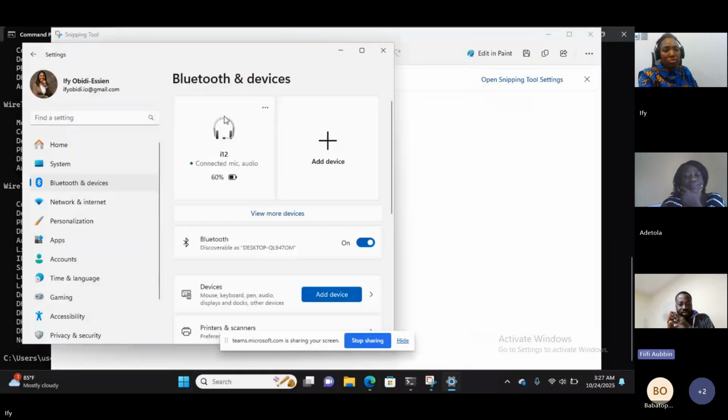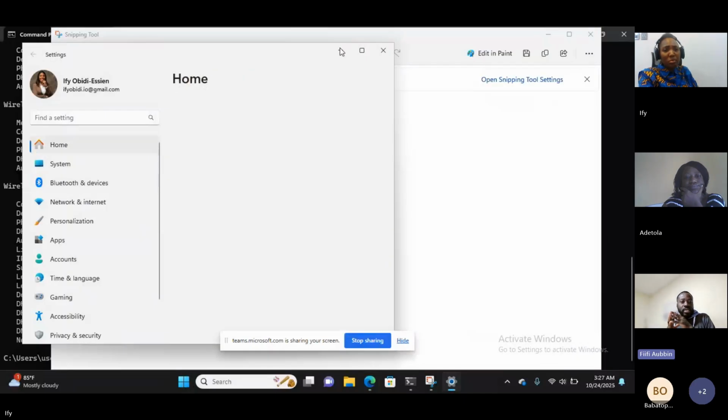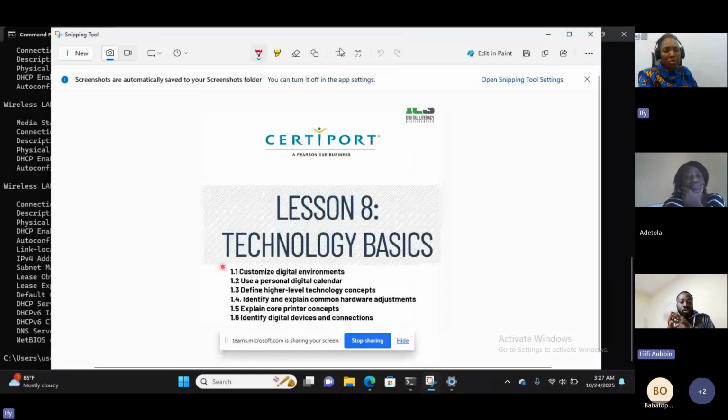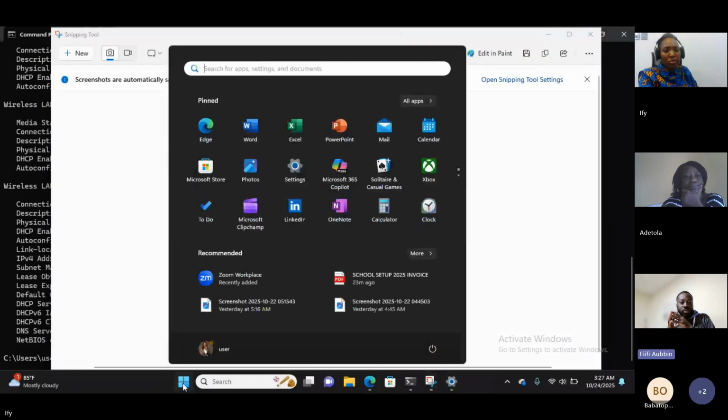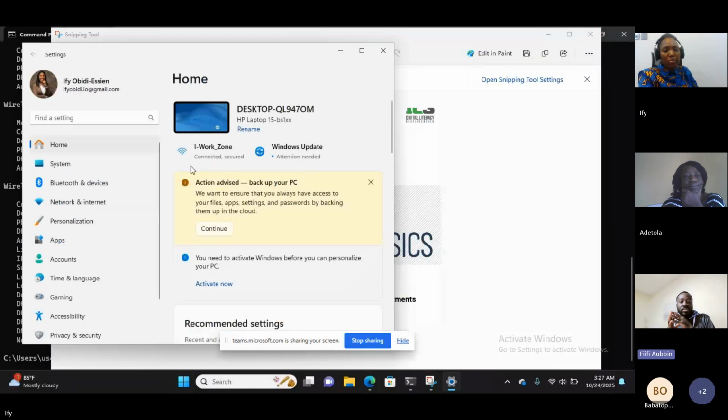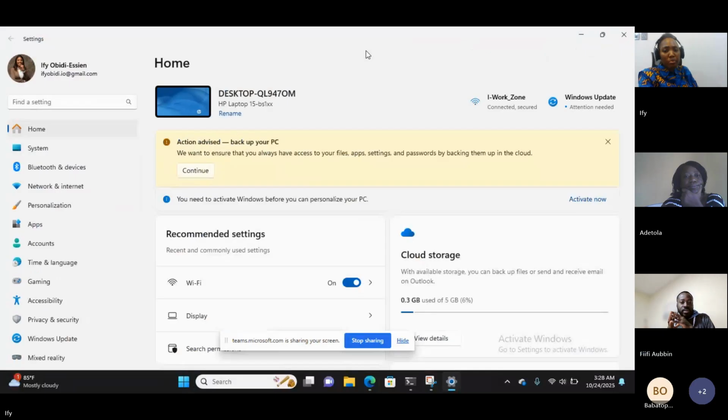So I think yours is Windows 11, right? Yes. Yeah, so it's not entirely different from Windows 10. So kindly click on back. You've already opened your settings. That's why. Please close it and open it. Okay. So now maximize it. Okay. So with Windows 11,